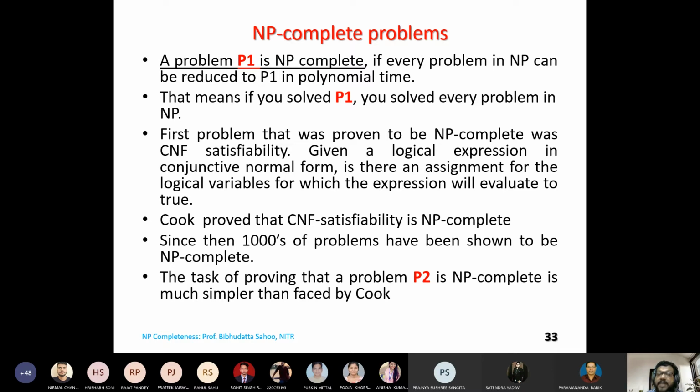The proof is also similar. If your P1 is NP complete, with reference to P1, you can prove any problem to be NP complete in NP space. But it may be, it may not be. If you can prove there exists a problem P1 that is NP complete, I have developed a mechanism: all the problems in NP will be proved to be NP complete. Understood these first two lines. But what is the reality?